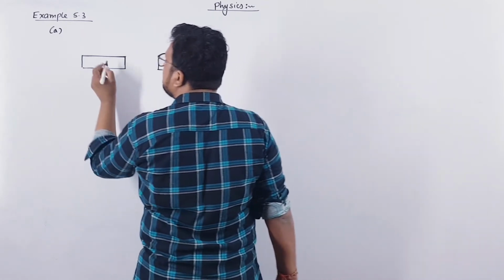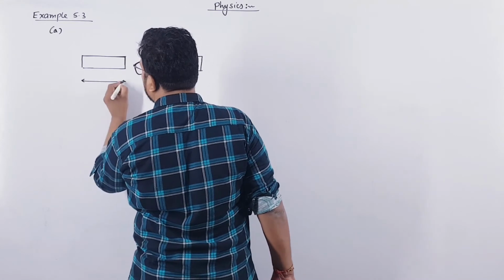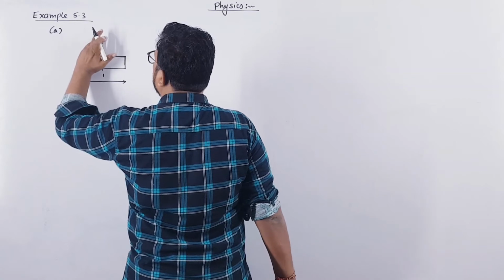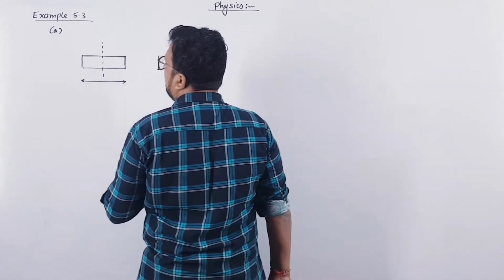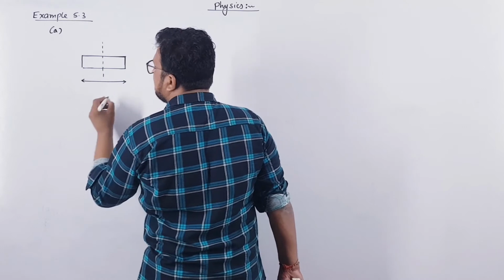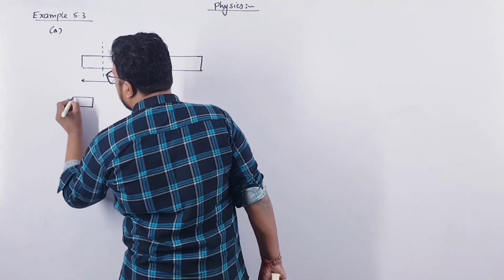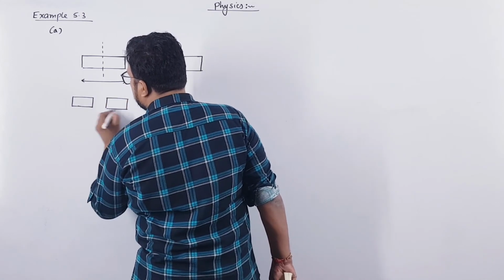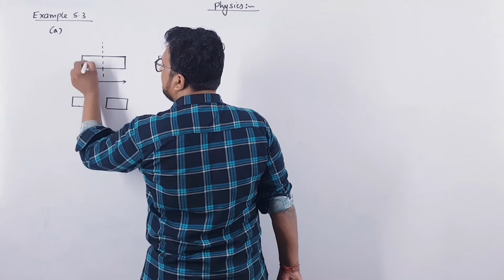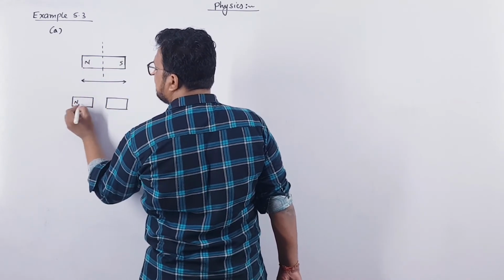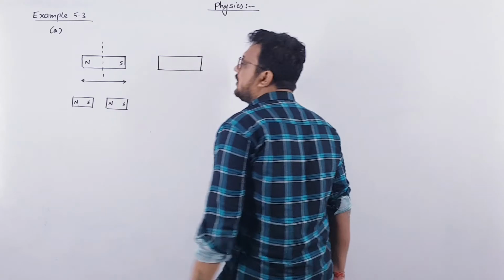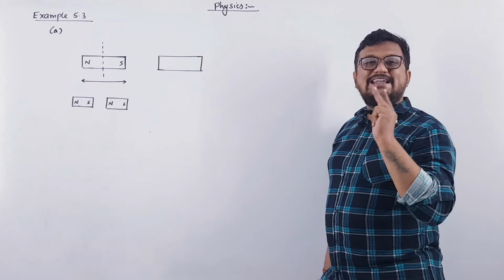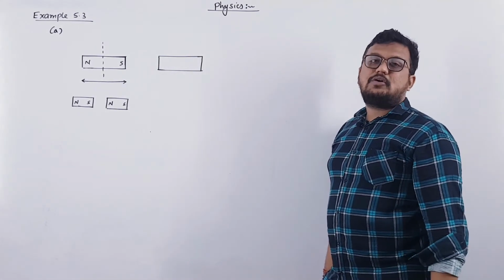One is transverse to its length. Suppose its length is L and we are cutting it perpendicular to its length like this. So this is transverse to its length. So in that case, what will happen? So in this case, we will have 2 different bar magnets, each having, suppose if this is north and south, then you will have north south and north south. So if you cut a bar magnet perpendicular to its length, then in that case we will have 2 different independent bar magnets, each having north and south pole.